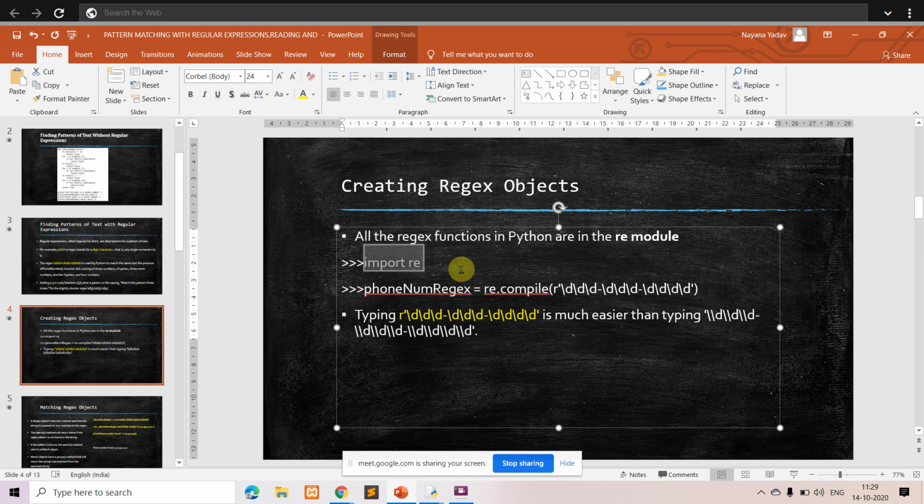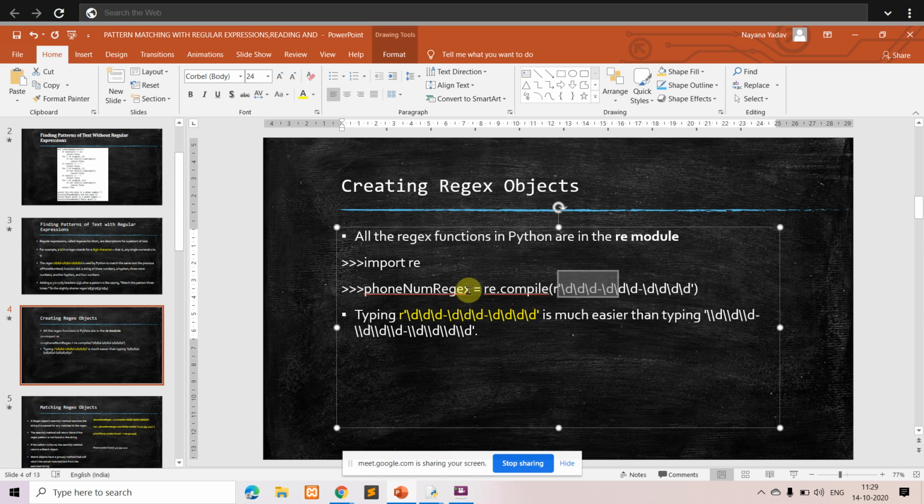Passing a string value representing our expression to re.compile returns a regex pattern object. Whatever pattern you want to give, you pass to re.compile, and that returns a pattern object. In this case, it will be stored in the variable phone number regex.